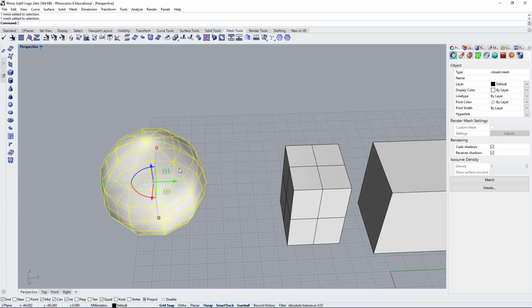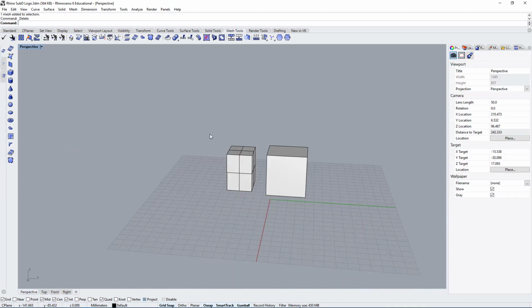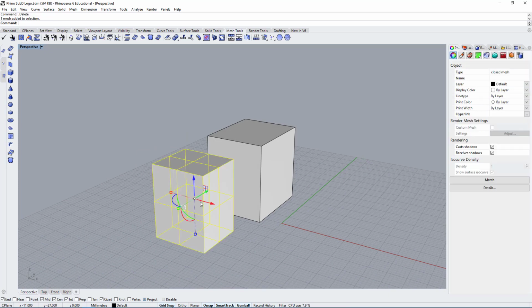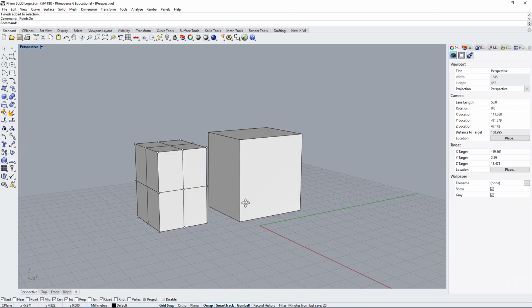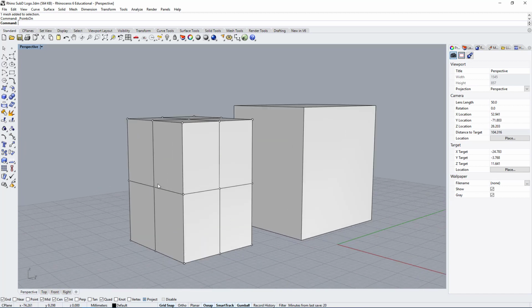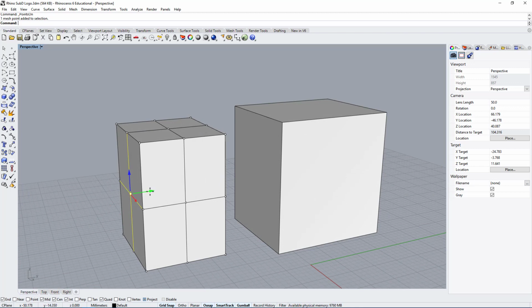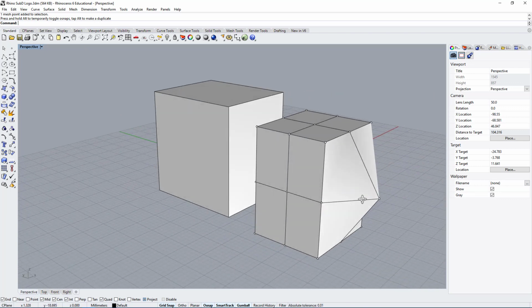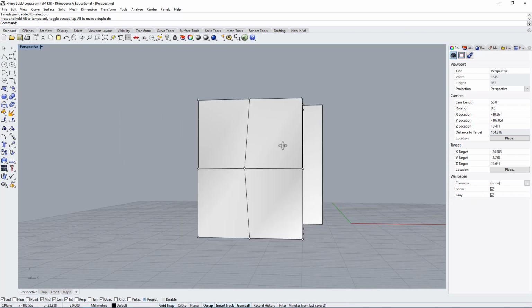So this is important to understand because they work differently. Surfaces and mesh do not work the same way. One thing you will see is you can also show the control points for a mesh, which technically are not control points. These are vertices. They have a different name. And the technical names are not created by the Rhino developers, right? They're words that are used by other software.